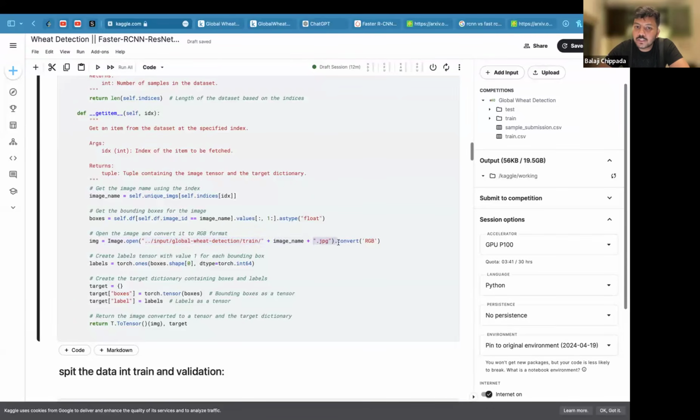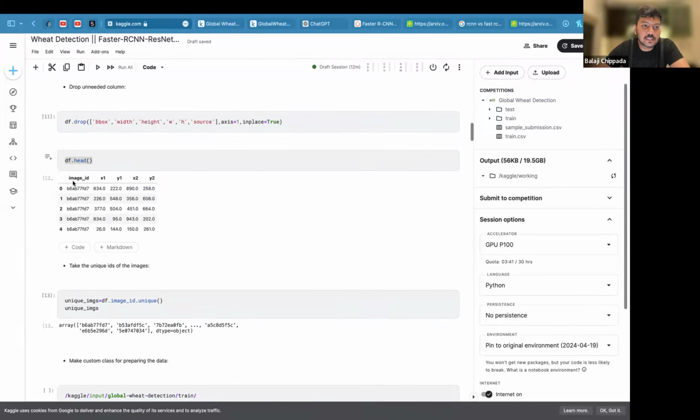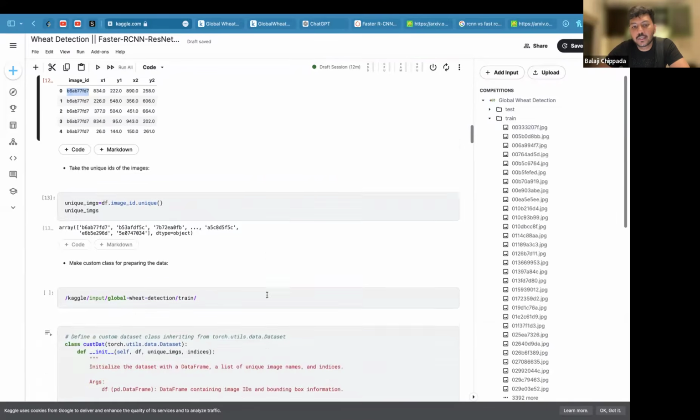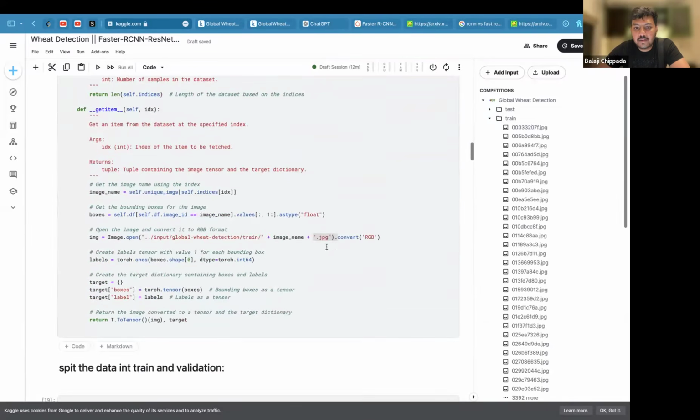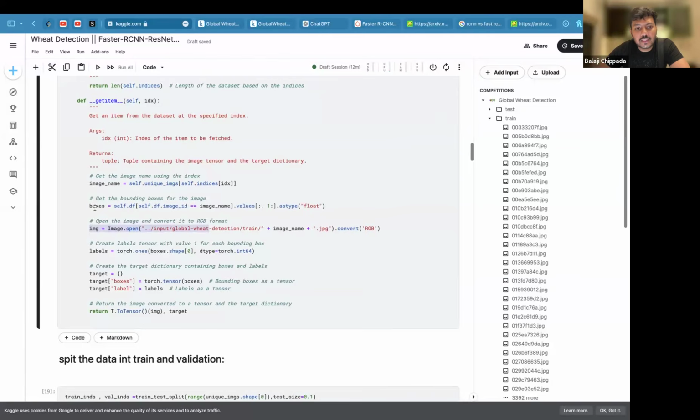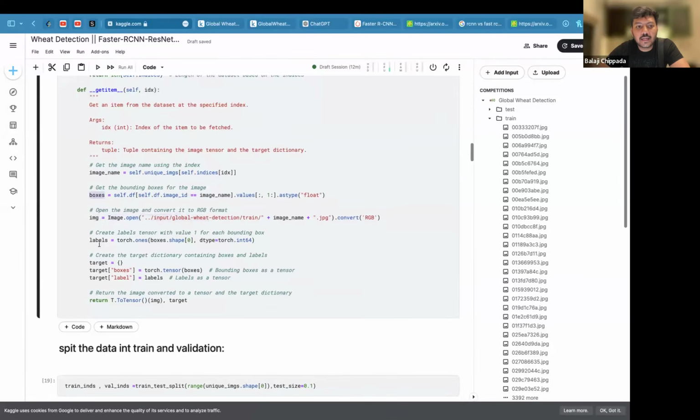Why .jpg? If you look at this data frame here, we have the image ID, but if you look at the data inside my directory, we have image ID .jpg. So that is why we are reading with .jpg and we are converting it into an RGB image. Okay? And whatever boxes we have, we are creating that inside